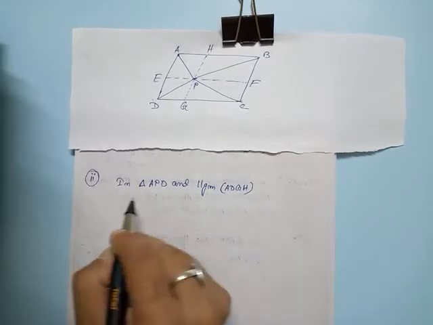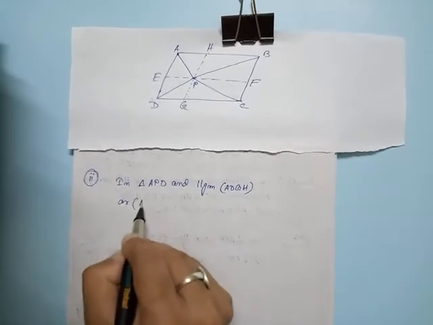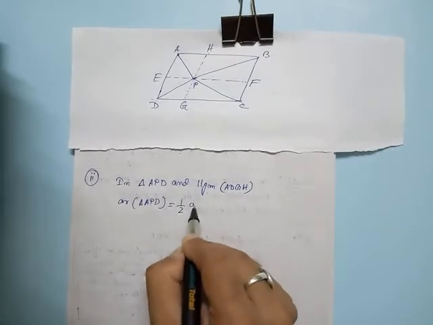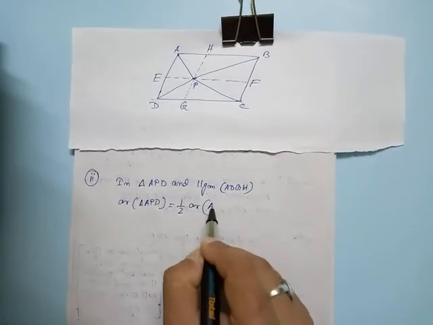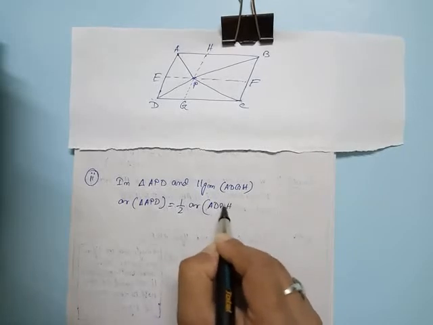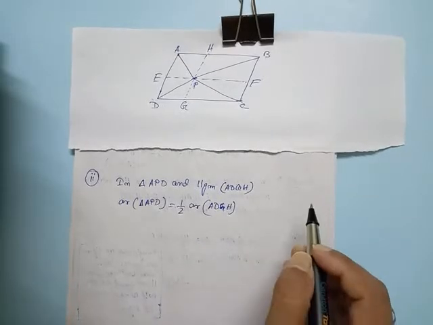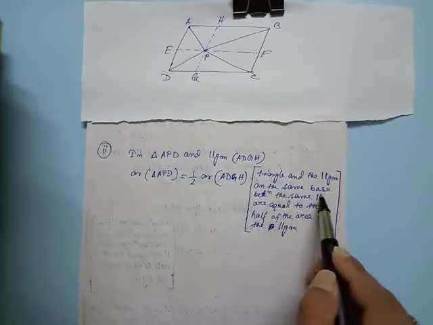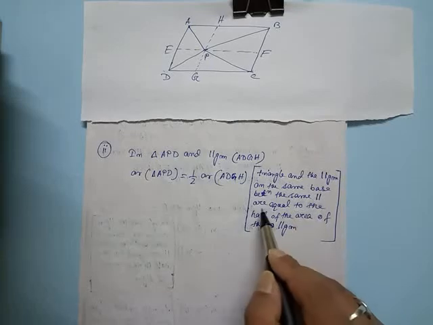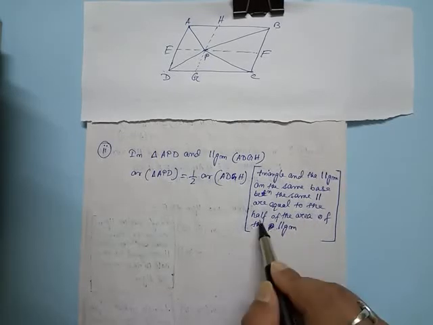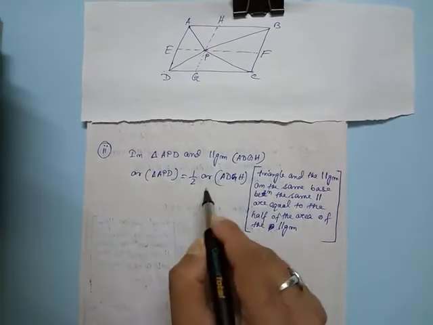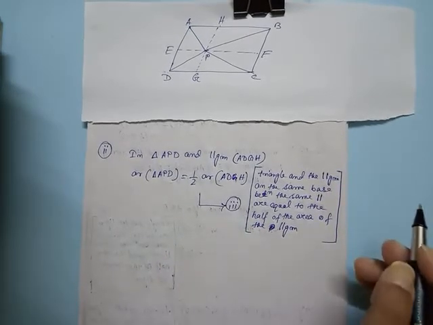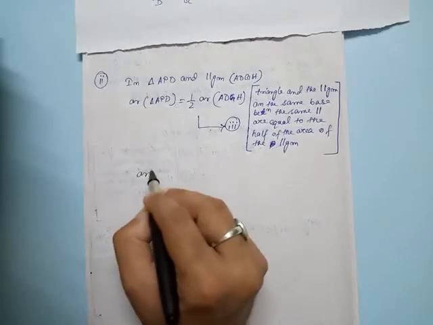So here area triangle APD equal half area ADGH. Here the reason is triangle and parallelogram on the same base between the same parallel are equal to the half of the area of the parallelogram. So this could be our equation number 3, and area triangle